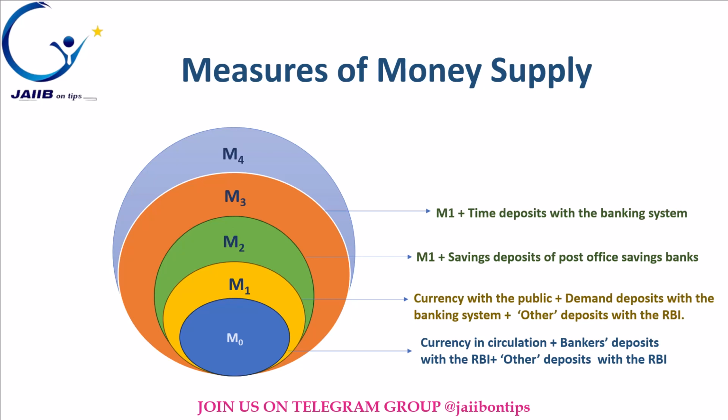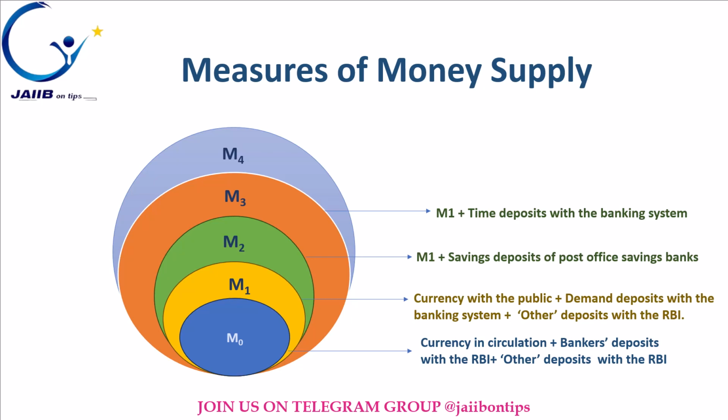M3 is broad money. Building on M2, we bring in some time deposits. These are like magical treasure chests where you put your money for a specific period and it grows with interest. So M3 includes everything in M2 and adds the money you have set aside in time deposits. It's quick access money, savings, and some money you are growing over time.